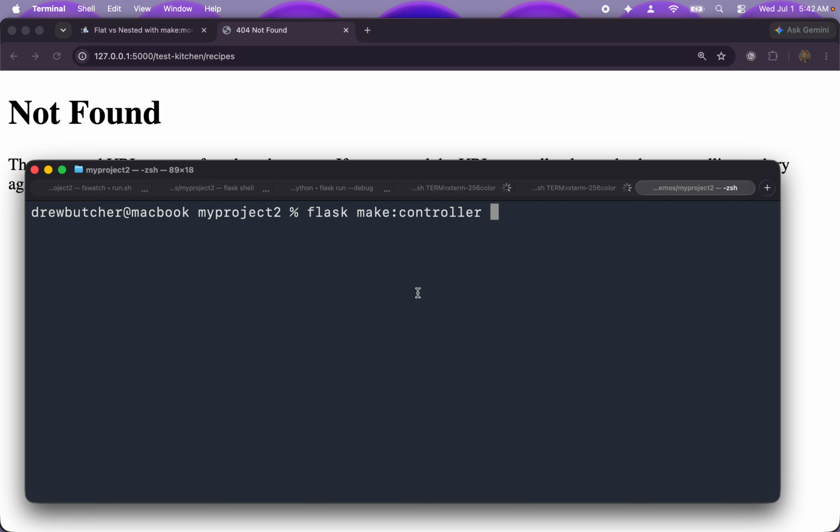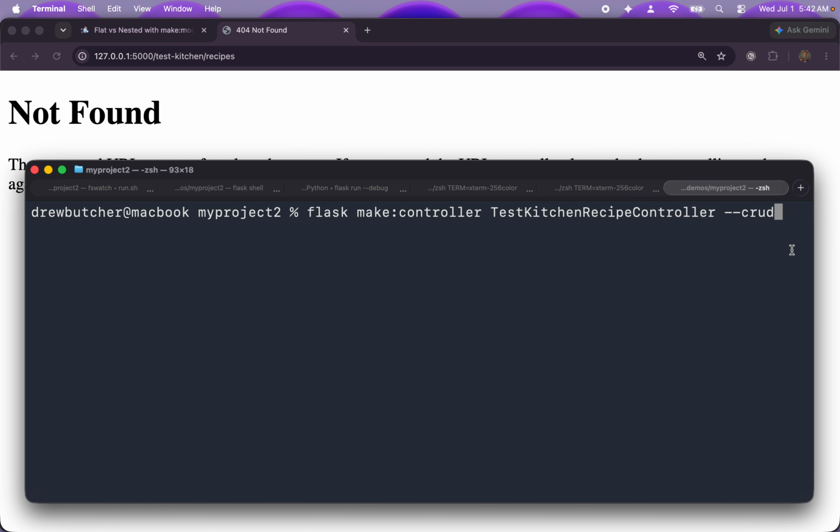Okay, so we're going to end up making a controller too. So we're going to make controller, and it's the test kitchen recipe controller minus CRUD. Now I do need to put the CRUD here because I want all RESTful actions. I do not need to worry anything about a model. So no minus model, no -m, nothing related to a model because I already have recipe created. We saw this all in the last video. So we'll run that